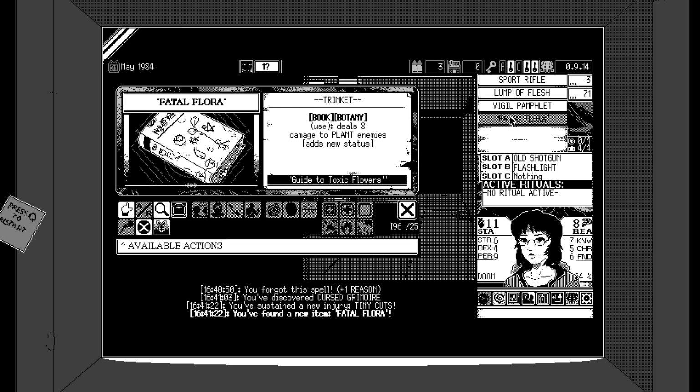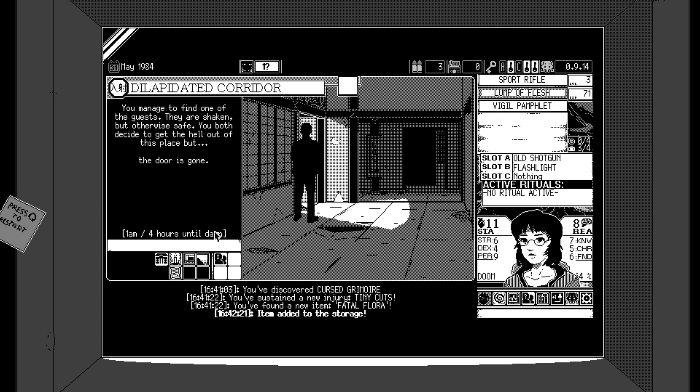So Fatal Flora, I mean, 8 damage to plant enemies. But it adds a new stasis. I mean, that would be good for the plant guy. So maybe the Fatal Flora item might be useful when you're doing the plant mission, the botany mystery even, sorry. That might be good. I mean, we're not doing it this time, sadly. Are we fighting any plant enemies? Dunno, I'll keep hold of it. I don't think that... No. We'll put it in storage. Because I need to now...